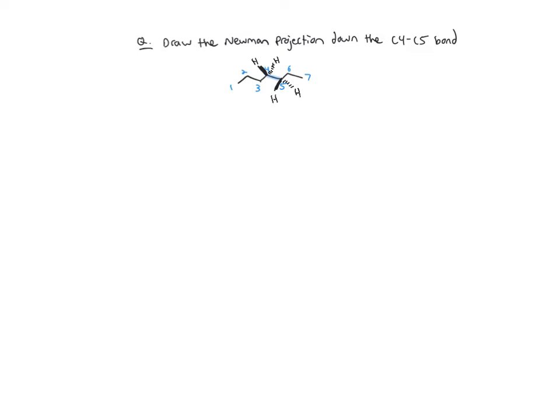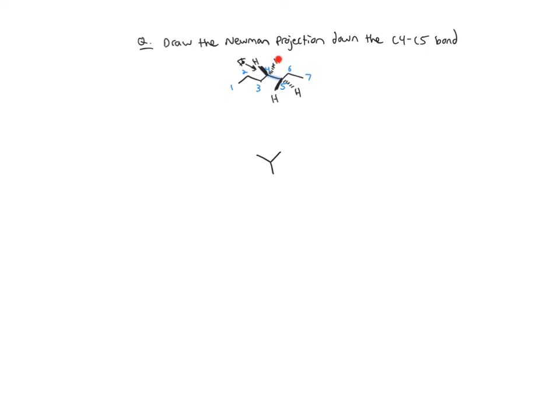And so now we're going to look down the C4, C5 bond. It actually doesn't matter if you look with carbon 4 at the front or carbon 5 at the front. Typically, I'll draw it so if it's 4, 5, I'll look down 4, the lower number. So if you want to draw your little perspective over here, you're going to be looking from that direction. So when we look from that direction, our front atom is going to look like a Y because we're going to have